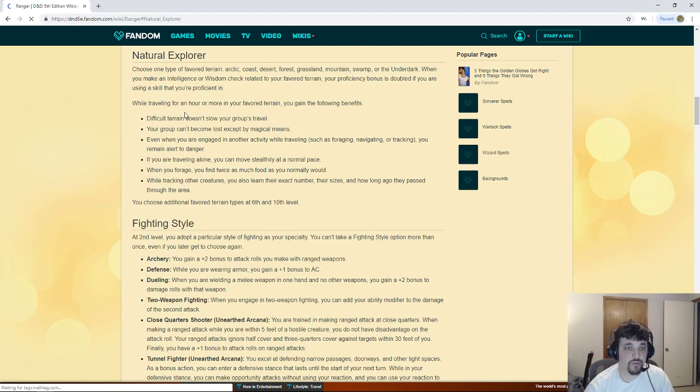I mean, the Natural Explorer is pretty cool. Difficult terrain doesn't slow your group's travel. But for most groups, they don't care about how fast. They care to a degree,